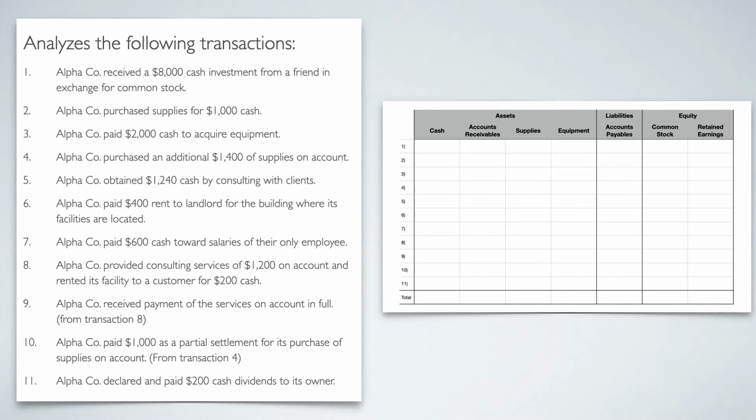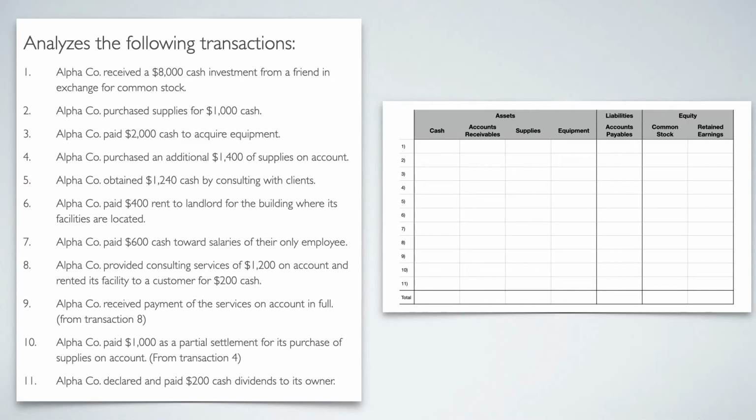So I'm going to show you how I go about doing this, and I'm going to start now because it's really going to help you maybe in the later chapters as well. As I go through this, usually the first question that I ask myself is: is cash involved? Typically, cash is involved. Not always, obviously, but more times than not, cash is going to be involved. So if I know how cash works, I can probably figure out the rest of the problem. So, is cash involved in this transaction? Well, yes. It says that we received $8,000 cash.